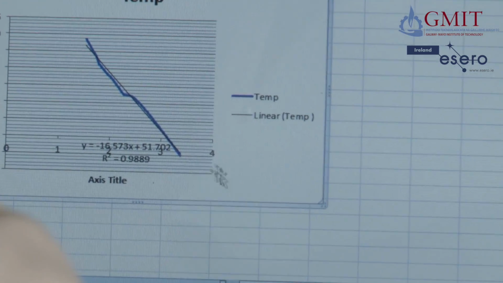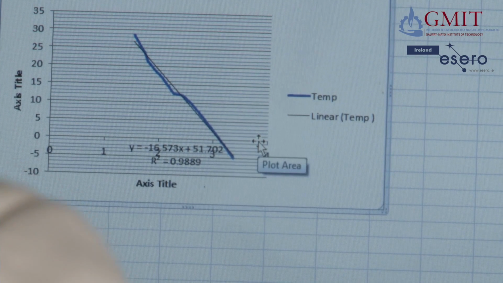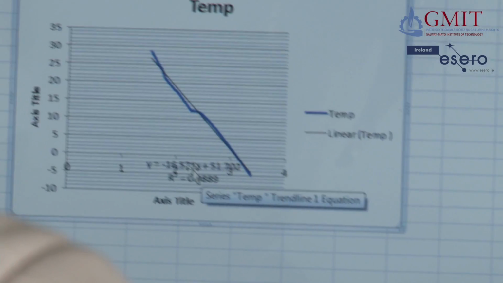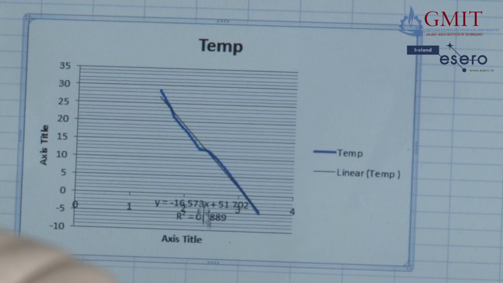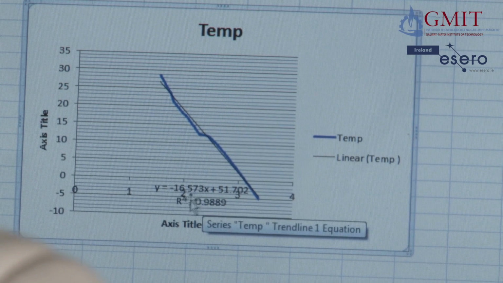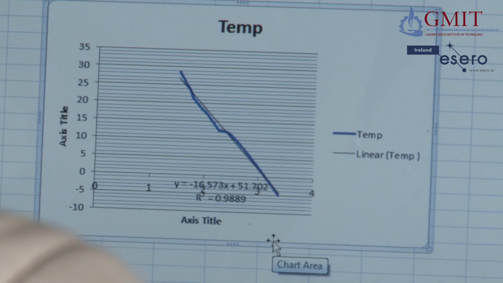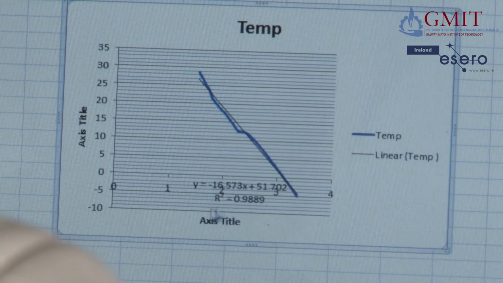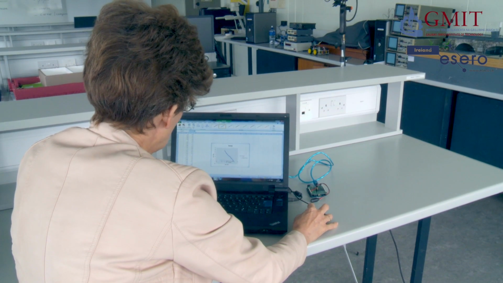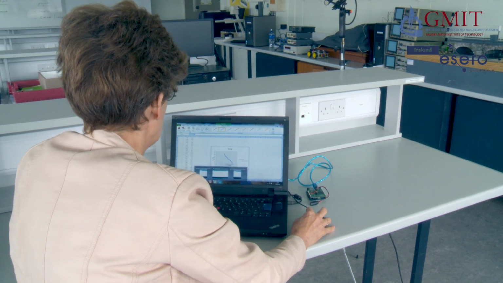Now that will vary depending on your thermistor and the exact circuit you've used. But what it means is y is temperature and x is the voltage reading. So I can use that formula to generate temperatures from voltage. Next step is to take that information back to the Arduino program and pop it into a few lines of code. So I've made a note of the formula, and now I'm going to move back to the Arduino